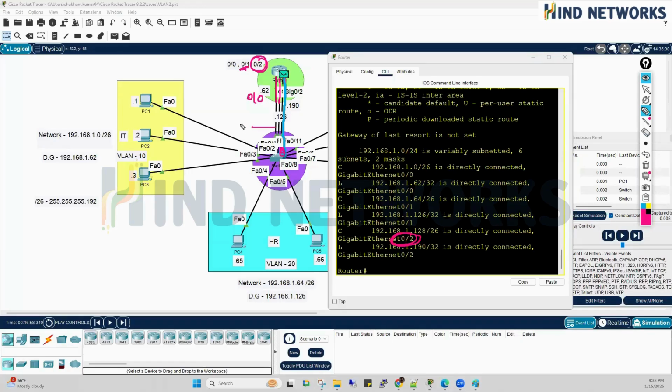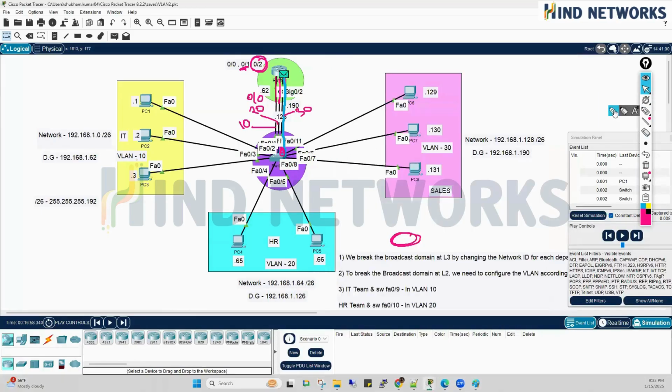Tell me guys, the first one is part of VLAN 10, the second one is part of VLAN 20, and the third one is part of VLAN 30. Right? Now the switch will check: I am receiving this packet on the third interface, and this interface is part of VLAN number 30. Fine. And that is a broadcast packet because this is an ARP packet. Now the switch will forward this packet through all the interfaces which are part of VLAN 30. So the switch is forwarding here, here and here. Clear? Understand guys? That is a very important